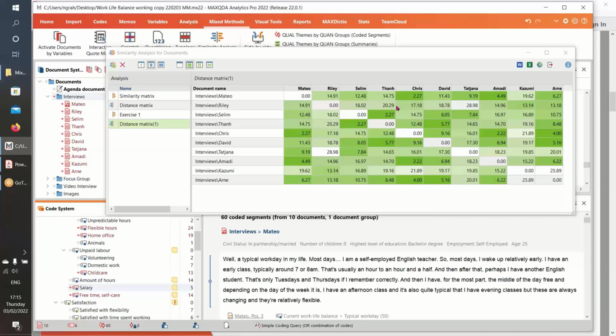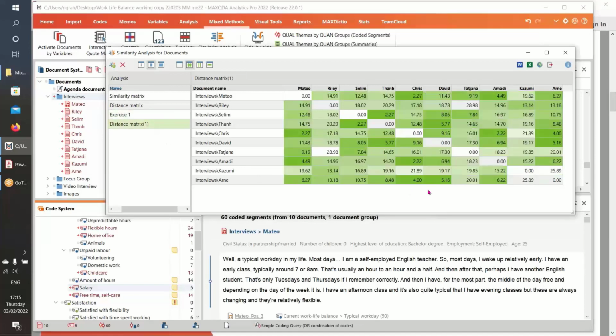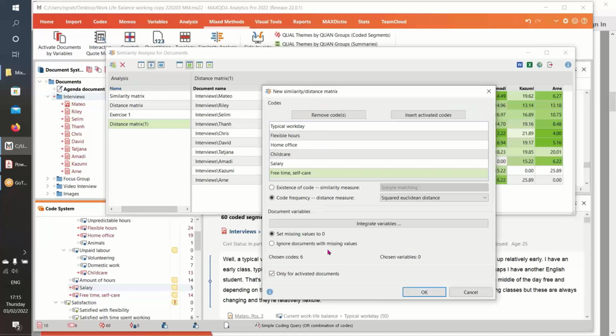We will probably get some quite different scores. Tatiana and Riley, were they? You know, they were also different. The values I've chosen, they're being moderately consistent, but in some situations, you can get them very, very different indeed. This tool, this similarity analysis tool, is very, very vulnerable to the particular choice of codes and your choices down here, whether you're going for existence or frequency, similarity